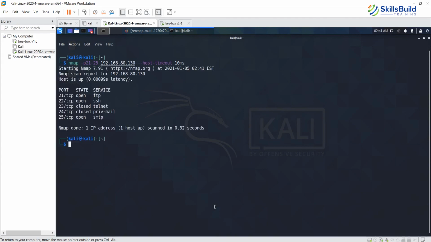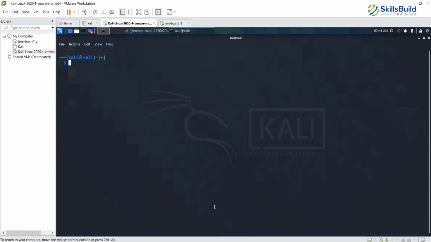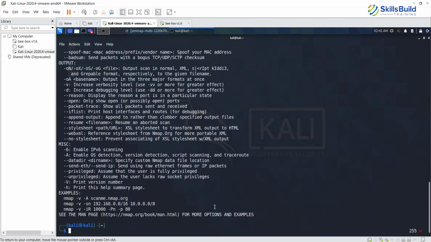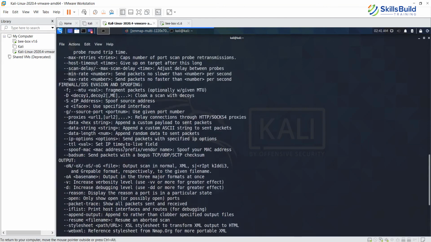Now, we have done a lot of stuff with nmap, and of course you can simply type nmap to get a list. There are a lot of parameters you can use, and we have used many of them, but not all, because time doesn't permit. If we started using every one of them, it would take at least a couple of days before we could wind up this video. And now let's talk about the nmap scripting engine.